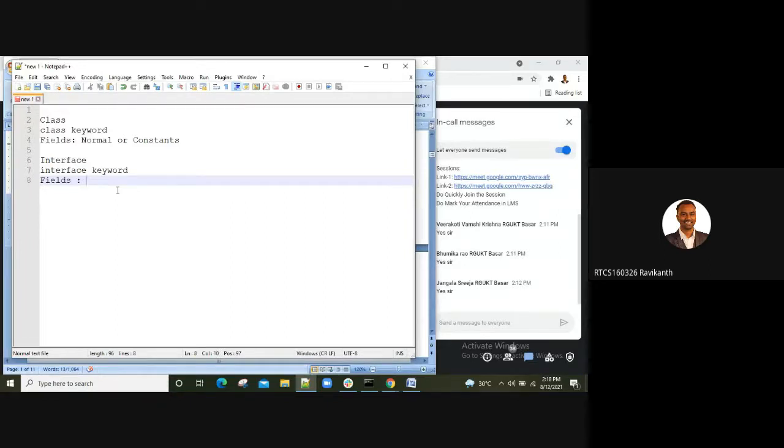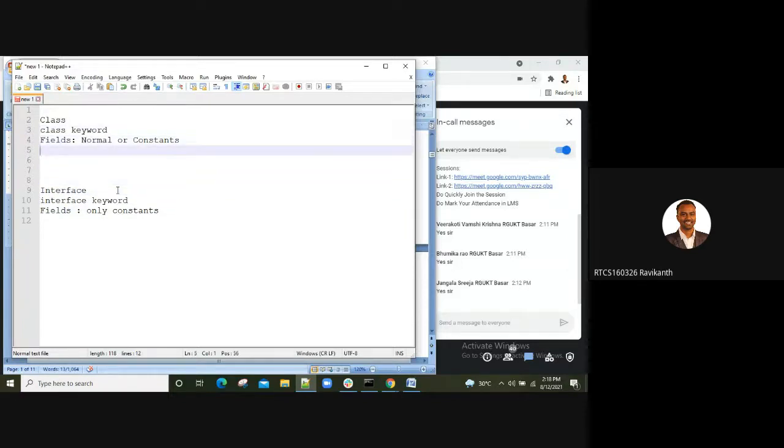Normal fields are not allowed, right? Constants, because they are static final. So only constants are allowed. So with respect to keyword and fields, we have seen.